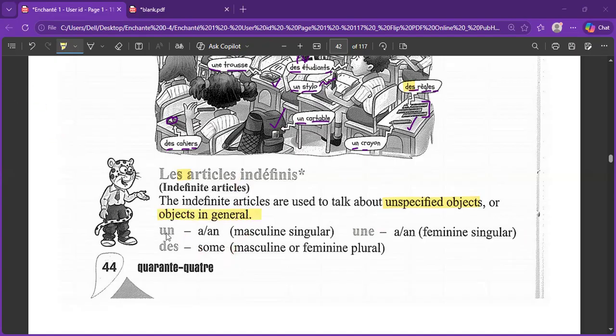There are three in number. Un, which is for masculine singular, une for feminine singular, and des for masculine or feminine plural. I guess we've already discussed it at pretty much length. So moving further,